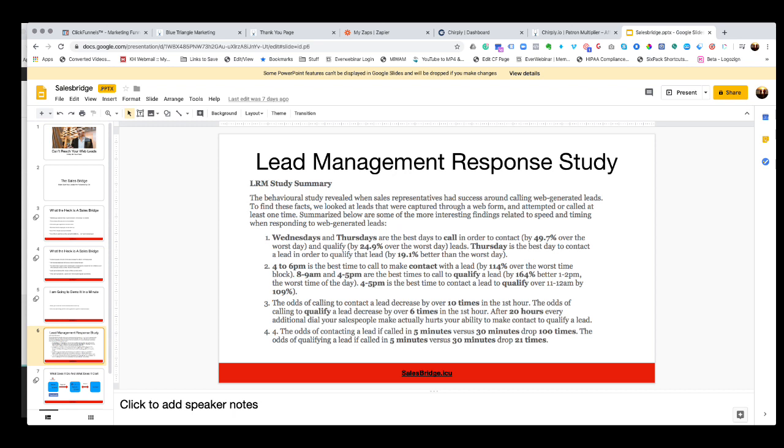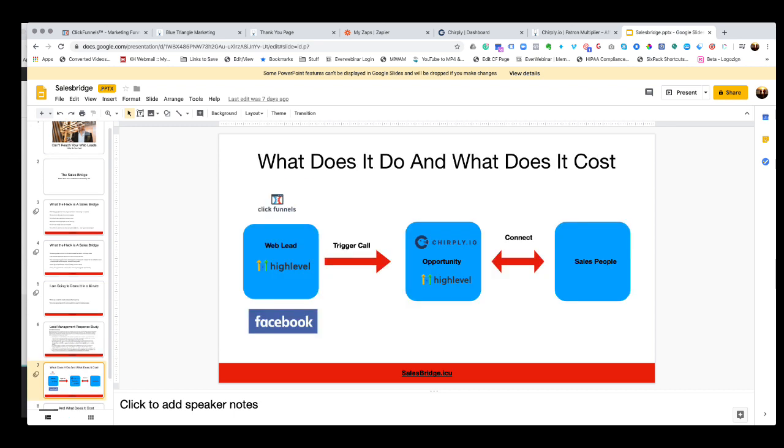There is actually research that shows if you call a lead in 5 minutes versus 30 minutes, you have 100 times the chance to reach them in 5 minutes versus 30 minutes. If you don't do that, you may as well wait a week, and then you have the situation where you have a pile of leads on your desk, and you think they're low quality. So how do you do that, and what does it cost to do it?